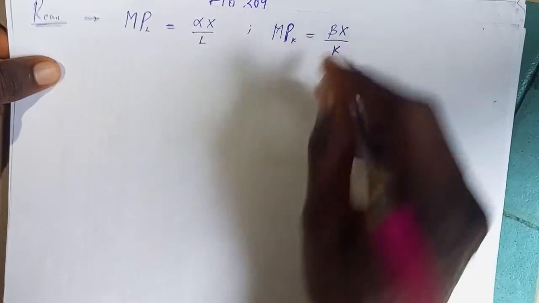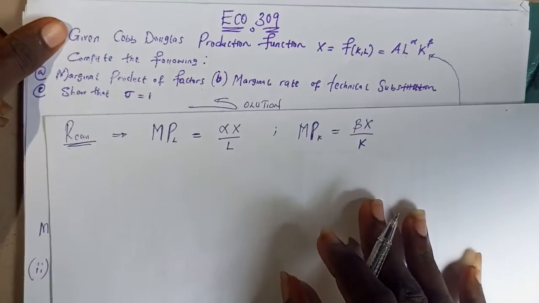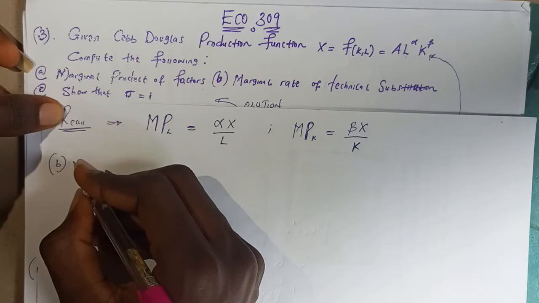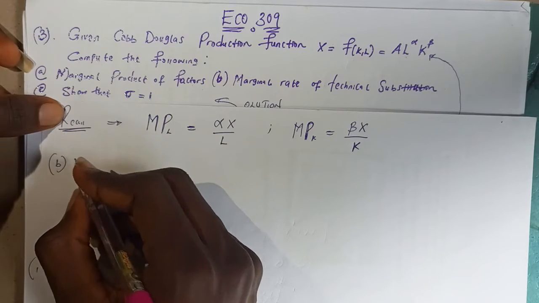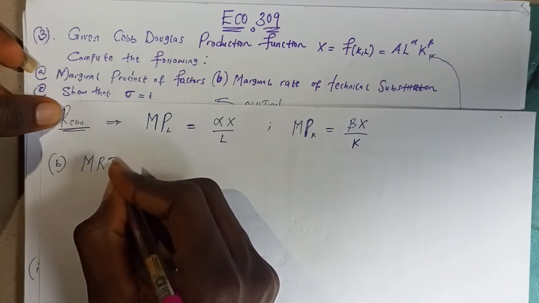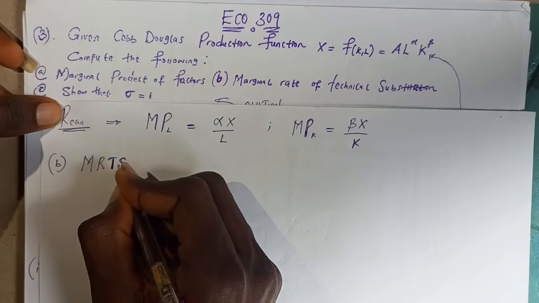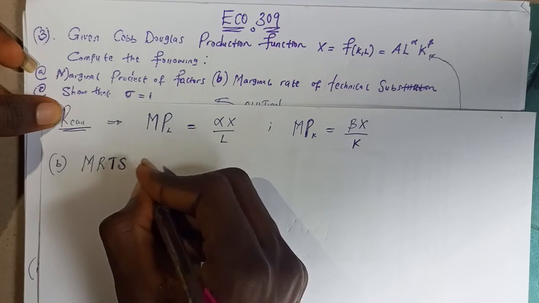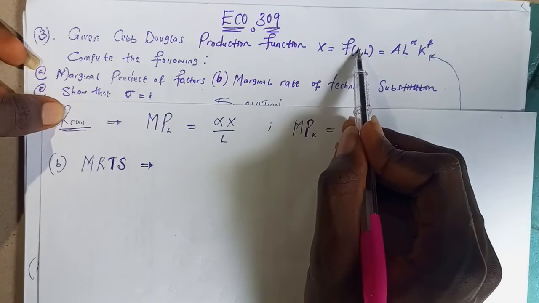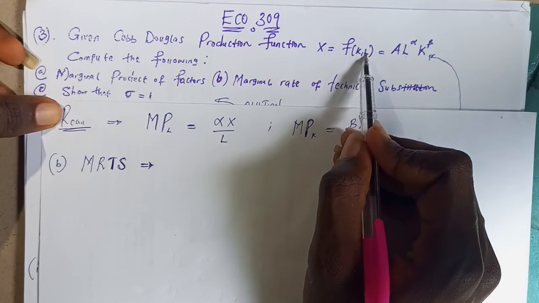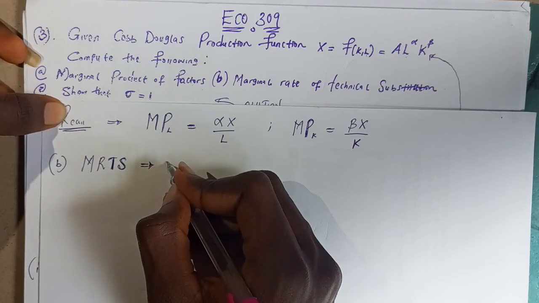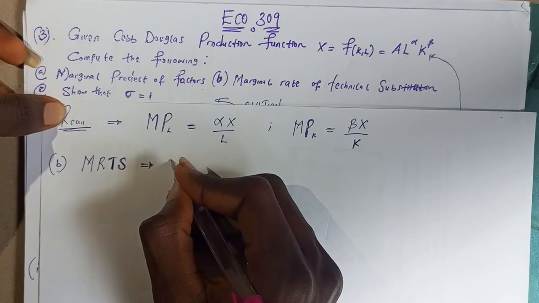Beta X over K. And then for us to find the second question we have here, which is compute the marginal rate of technical substitution. The marginal rate, which is MRTS, of technical substitution is equal to, do you know we have this function in terms of K and L respectively? And that means we end up having the result we have for K, that is M